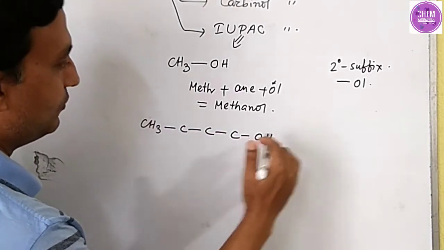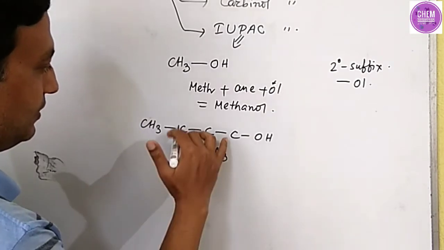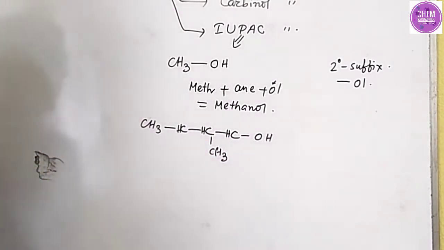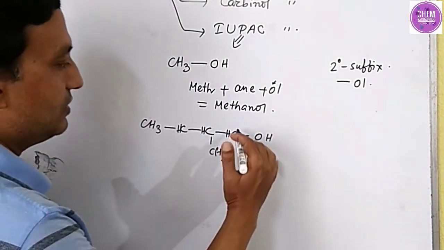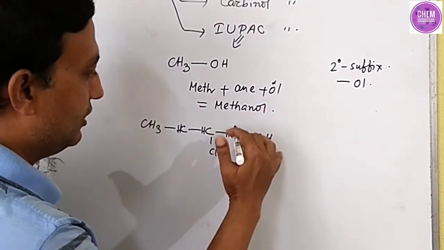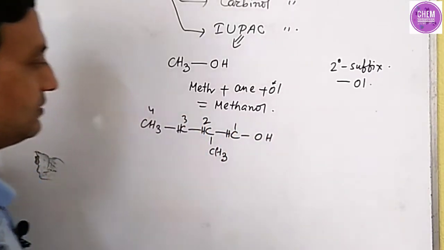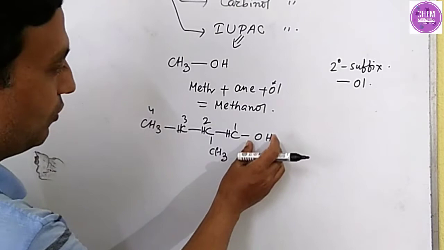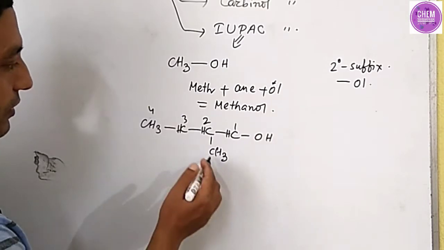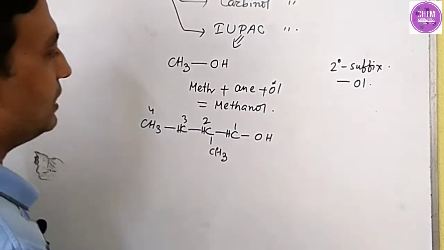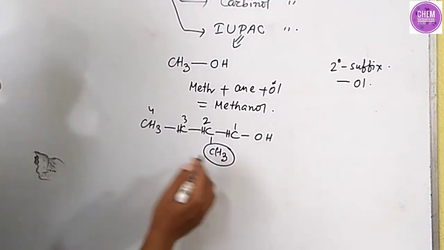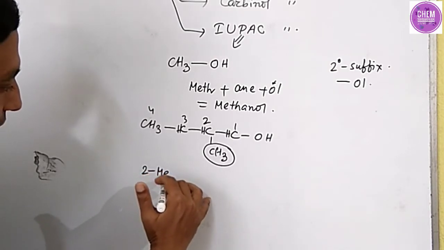Taking the example of 4 carbon atoms having one branching, the numbering of the compound starts from that end where we get the hydroxyl group at the nearest end. So 1, 2, 3, 4. The numbering starts from the right hand side where the OH group is attached to that carbon atom. That's why the name of this compound would be, first there is a methyl group as a branched chain, so this is the substituent, hence it's named as 2-methyl.